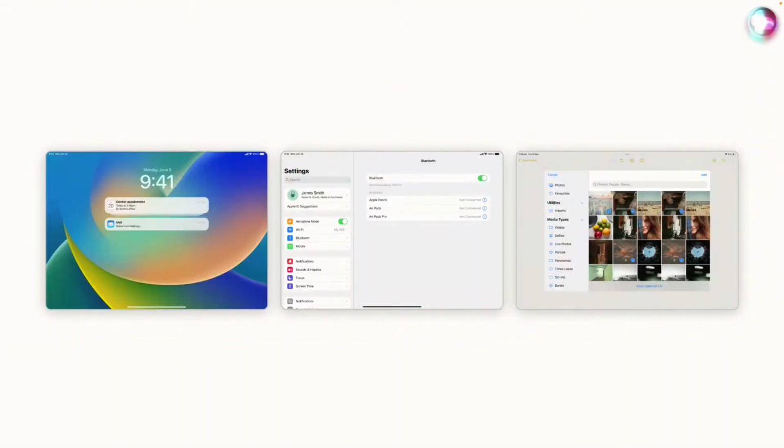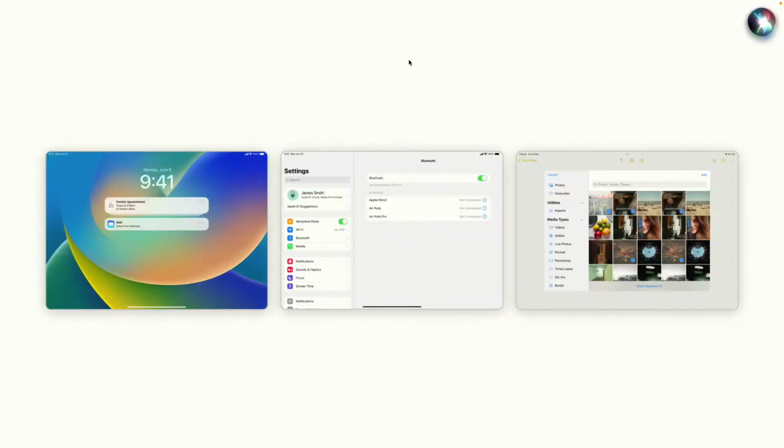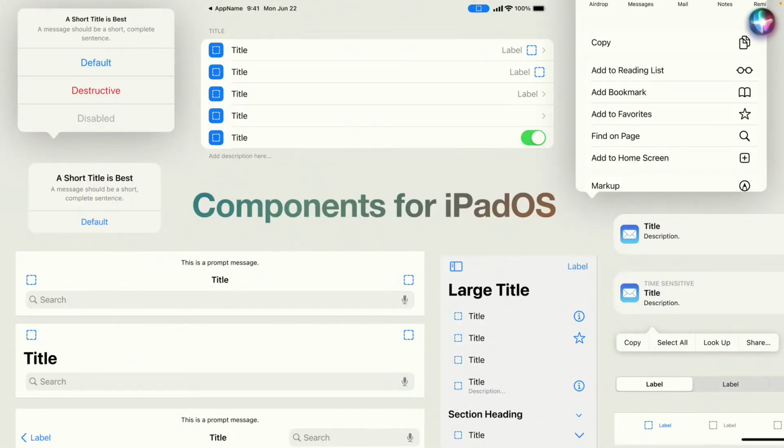Another thing we did was include iPadOS in our kit. While there was quite an abundance of iOS kits on Figma, iPadOS kits were really hard to come by. So we included iPad components in our kit, so it became easier for designers to design on iPad while following